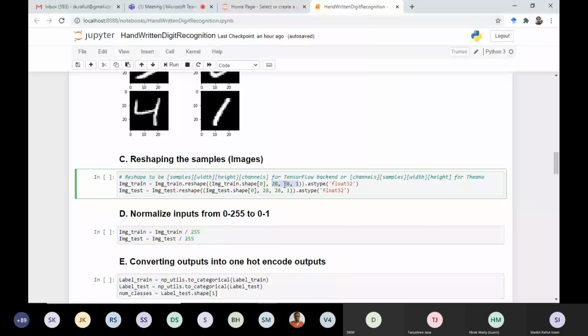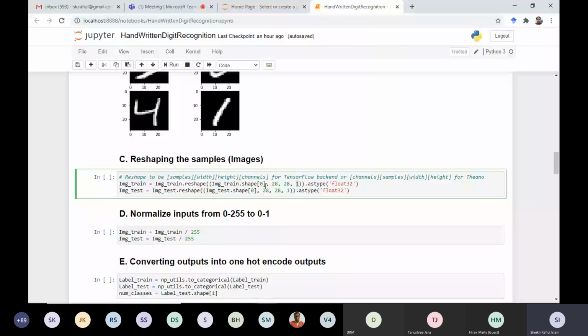Each tensor will have a 28 cross 28 spatial dimension, and the number of channels will be 1. So the overall dimension after converting is 60,000, 28, 28, 1.